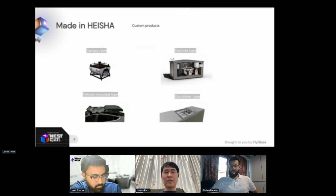That's very close to our very original design, with a canopy opening and a dome-like, bucket-like cover. Also, we have the cabinet type, which looks like a house. This is the customized product that we made, as you can see in the video, for our firefighting drones that